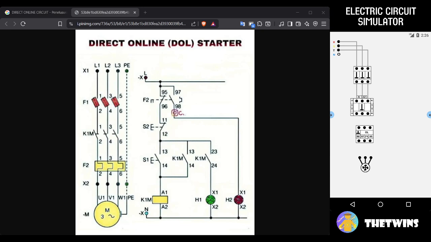Okay, and then output of the contactor to input of the overload. Sorry for my English, it is so bad. Okay, and then we make it straight.